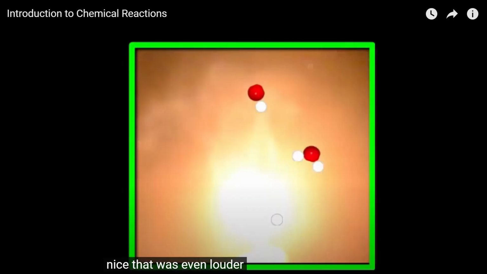So back in the olden days, when we used to have more time in our classes, there were some Halloween demos that me and my former department head would do, and it involved creating hydrogen gas. So we would do a single replacement reaction. We would put zinc into acid, and then the zinc would replace the H in the HCl, so you would end up with zinc chloride and you get hydrogen gas made, and we would collect it in a balloon, and because H2 is lighter than air, it's less dense than air,